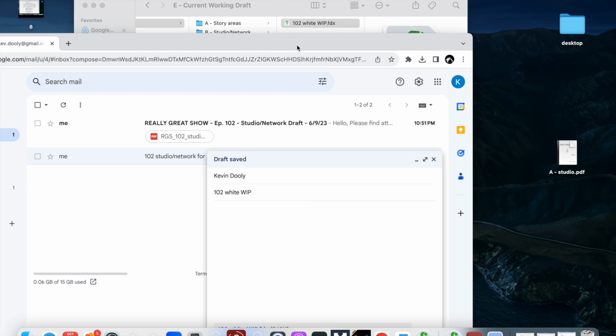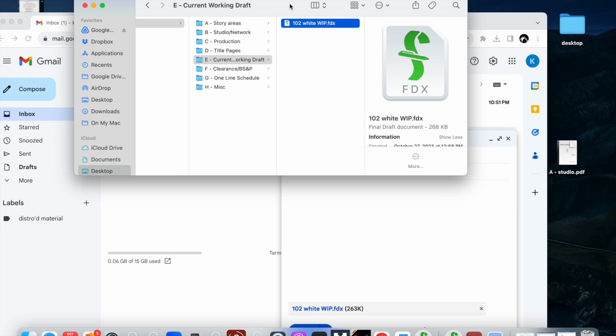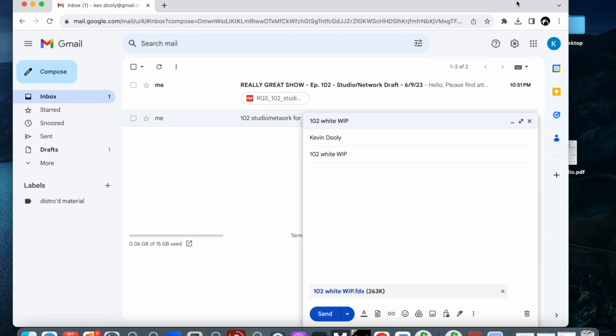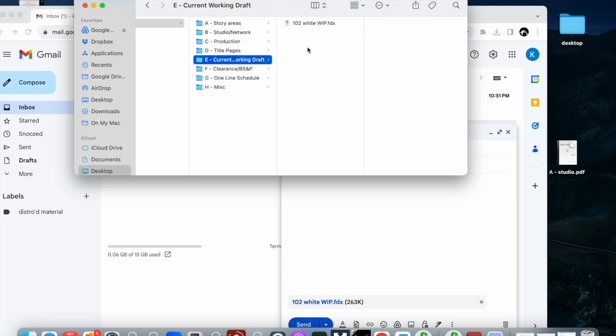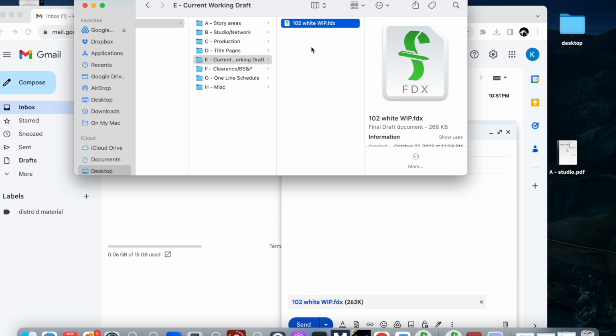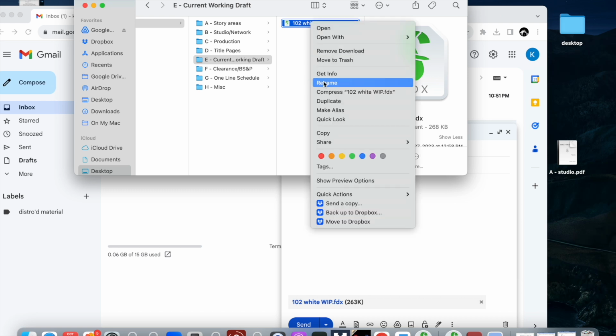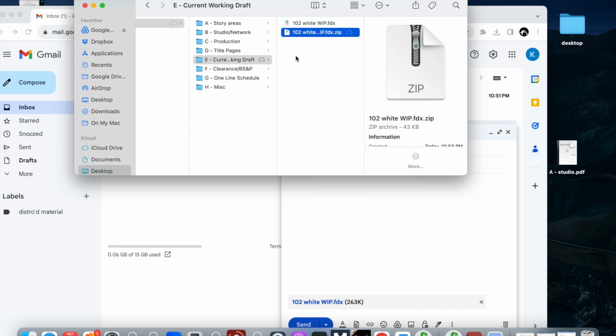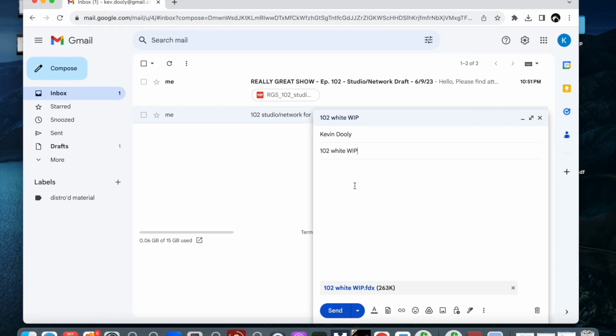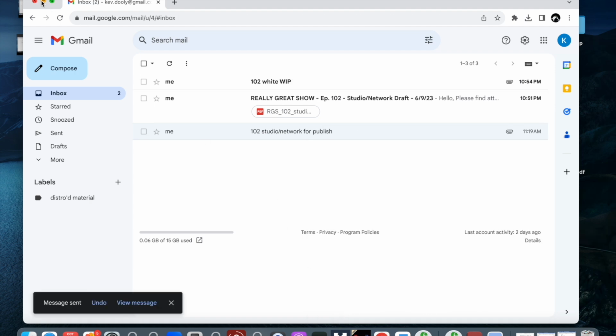I've had a situation before where the writer I'm sending to, maybe if they have a different version of Final Draft or something, can't open the document I'm sending them, or there are some kind of glitches when they go to open the document. Something you can do that seems to mitigate those issues is you can just compress the working file, and for some reason that seems to minimize those glitches. We don't need to do that here. And then you would just send it off to whoever it needs to go to,